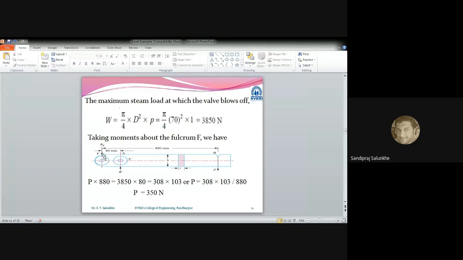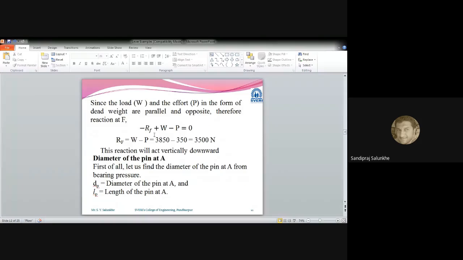So at that time only I am going to write the equation that all forces which are acting in the vertical plane is equal to 0. So W is acting in upward direction, that I know. P has to be applied in downward direction in this lever. Okay, that also I know. But I am not sure about this RF. So what I am going to do is consider that RF is acting in downward direction. That is my consideration. From that I am going to write this equation. This minus sign is for downward forces and plus sign is for upward forces. From this, if I take this RF to the other side, to the 0 side, it will become plus. And that is what this equation is. Correct?